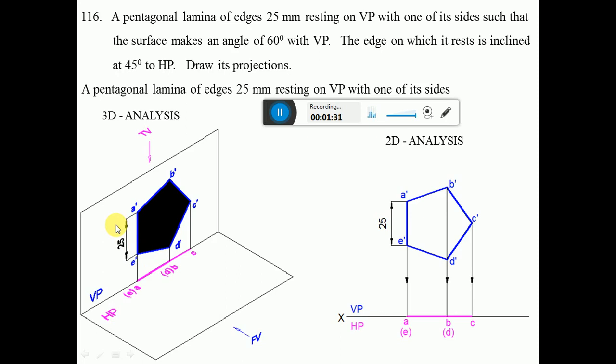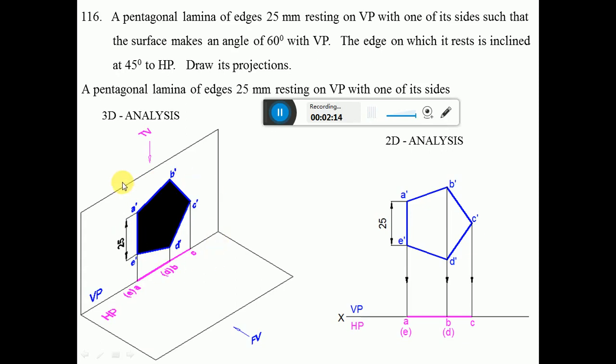Once it is parallel to VP, obviously the surface has to be perpendicular to HP. So when you look from the top view, you can see a line. That means the image is false on the horizontal plane, so in the horizontal plane you are going to get a line. When you name them A dash, B dash, C dash, D dash and E dash here, and look from the front view, ABC is near to the observer, so it is visible. When you look from the top view, D dash and E dash are away from the observer and hidden by the edges B dash and A dash. Therefore, you put D and E in brackets. So this is the initial position of the